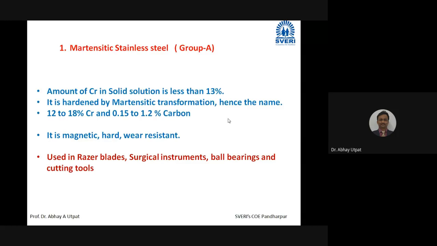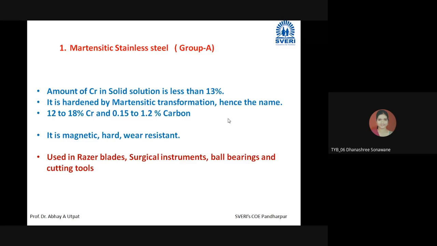Can anybody tell? In the last lecture I explained how to obtain martensite. I explained it in water hardened steels. Who will explain now? How to obtain martensite and how to obtain pearlite. Dhanashri. Dhanashri Sonona. Hello. Are you there? If you are not able to listen to me, please. Yes, now you can talk.